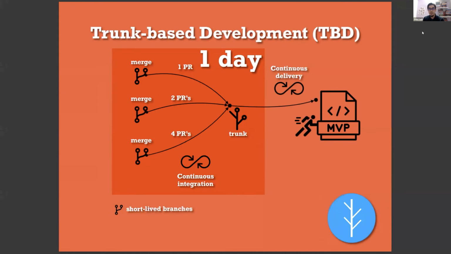And trunk-based development is pretty much the same, so I will not repeat the same things, but trunk-based development is exactly in the context of the branching system or branching strategy. I bet that most of us have experience with Git flow or GitHub flow, and trunk-based is the same kind of tool, which is a branching strategy.